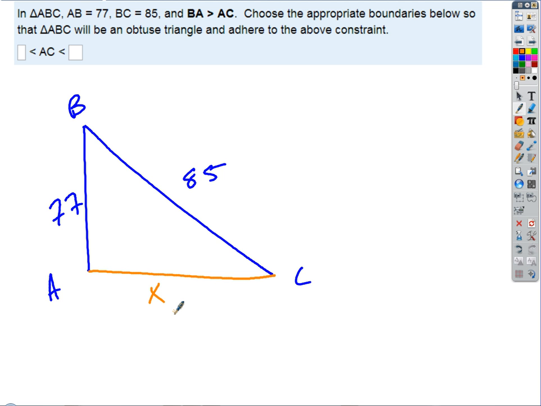We're going to either stretch that or shrink it from its right angle length to make this thing obtuse. The hard part is determining: do I stretch it or shrink it? Which one do I do? Here's how, and this will really help. If I stretch it or shrink it, I know that the blue sides' lengths are fixed. They can't shrink or grow, right? Only the rubber band can be stretched or shrunk. So my hinge